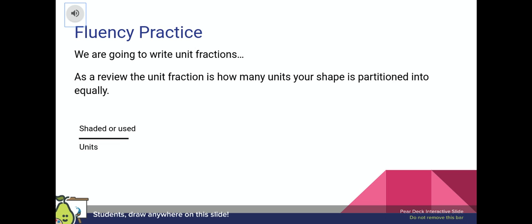Then the numerator is the shaded or used part. That is also your top number. So that's how many units you have used or shaded in your shape. So we're going to try that today. You can either use the slides and draw directly on the slide, or you may go ahead and use your piece of paper, whichever one makes